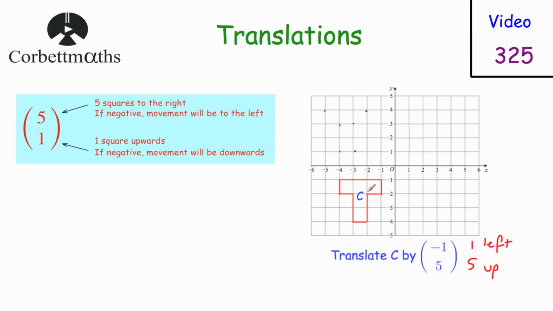So as you can see, we've translated shape C. -1 means 1 to the left, and 5 means 5 up. And let's just get a ruler and pencil and join them up. And that's it. So if we had a translation vector like this, (3, -2), that would mean translate the